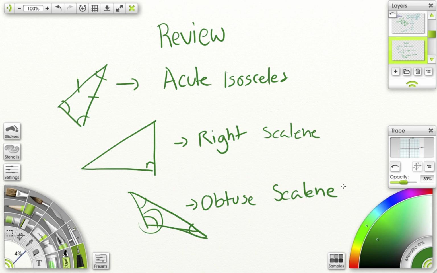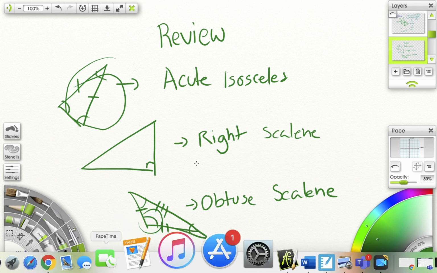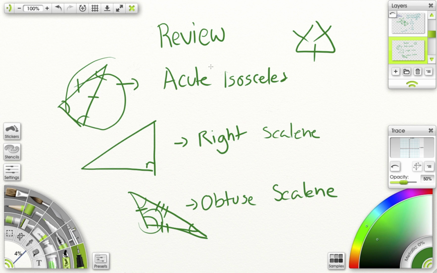So like I told you guys before, if it is a scalene triangle, there probably won't be any ticks around the edges, or it'll show you 1, 1, 2, and 1, 2, 3 ticks. You won't see that as often, but you do see it sometimes. If it's isosceles, it will most likely have those little ticks there to show you that they're the same lengths. If it's equilateral,